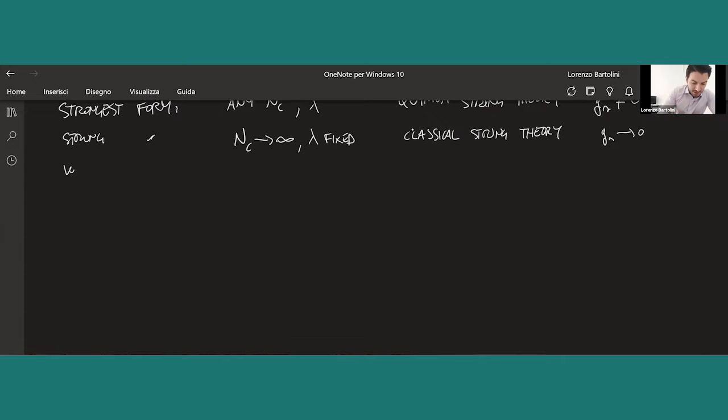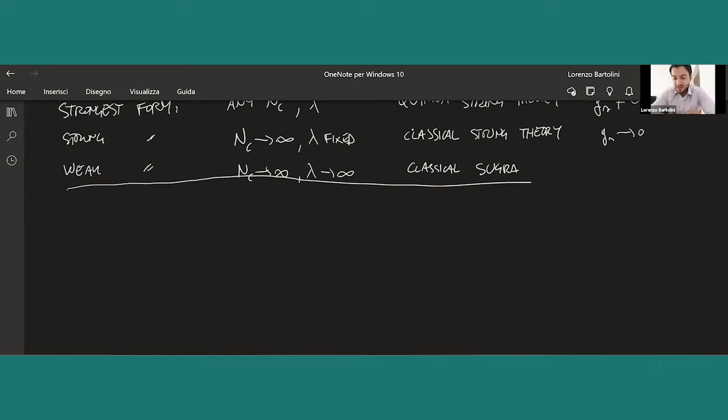And then there is the weak form, which is the most powerful. You have the large N limit, and also the large lambda limit. So if the 't Hooft coupling goes to infinity too, what you end up with on the gravity side is classical supergravity. Okay, so you can avoid also string theory, you can use just supergravity. And this, of course, is the most useful limit for our computations. And you can use weakly interacting supergravity theory to compute quantities in a strongly interacting gauge theory in the large